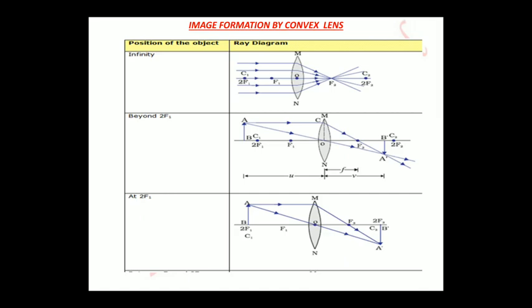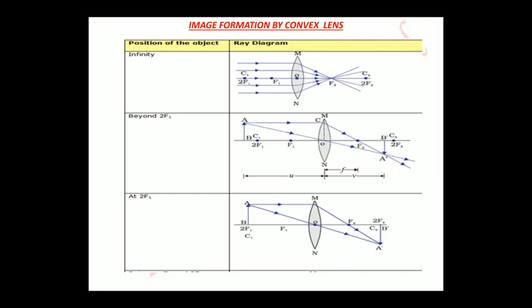Now the second position, beyond 2f. As you can see in the ray diagram, when the object is beyond 2f, then one ray passes parallel to the principal axis and passes through the focus, and the other ray passes through the optical center undeviated. These two rays intersect at this point, so we are going to have an image,